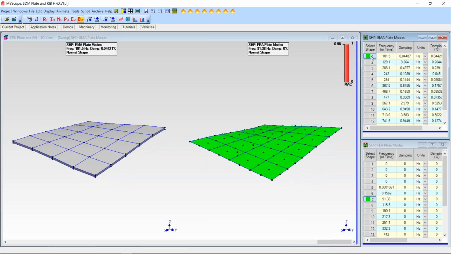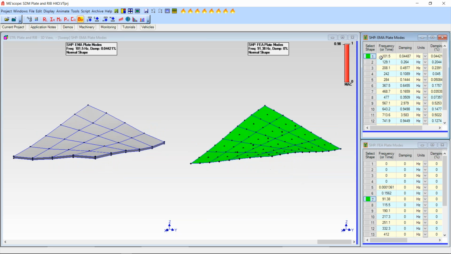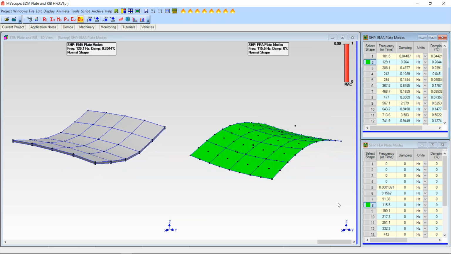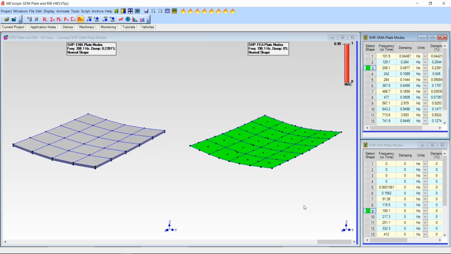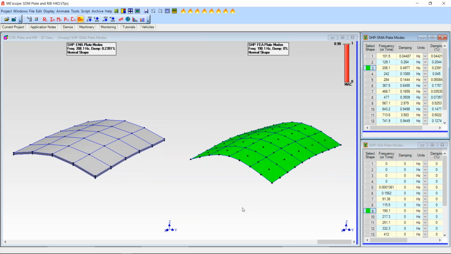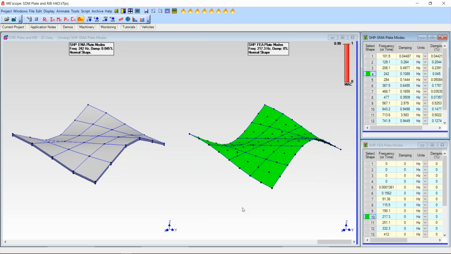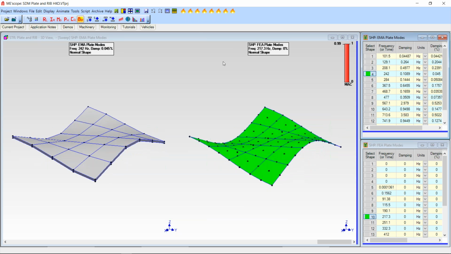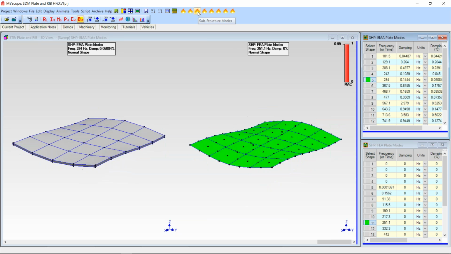Let me click up here. It's sweeping again. So 101.5 is compared with 91 down here. So the frequencies are different, but the mode shapes are very close to one another between FAA. All right, now I'm going to go, and this next button here is going to